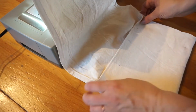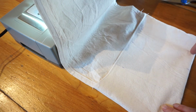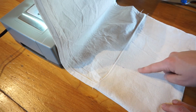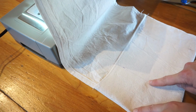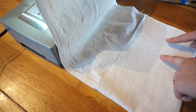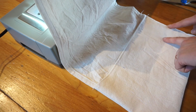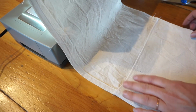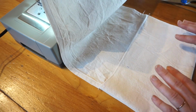So that's what it looks like, and I already marked some lines going down here in really light pen, but you could use a fabric marker, whatnot. So I'm going to do, this one's 4 inches, because these are going to be my spoons. This is 3 inches, it'll be my forks. This is 2.5 inches for my knives, and then this will be my little one for the straws and straw cleaner. So just adjust it to what you need it for,